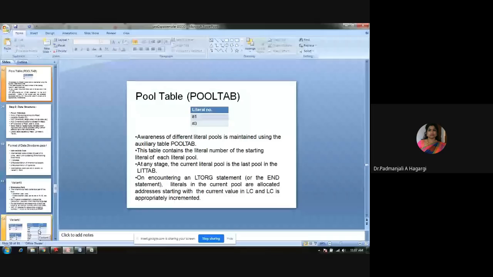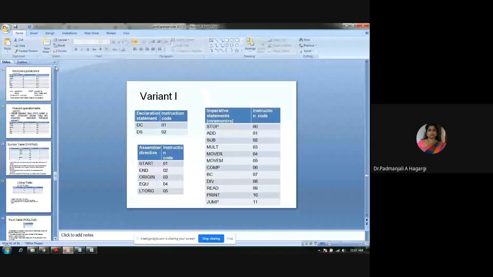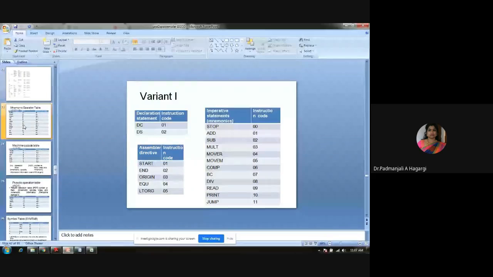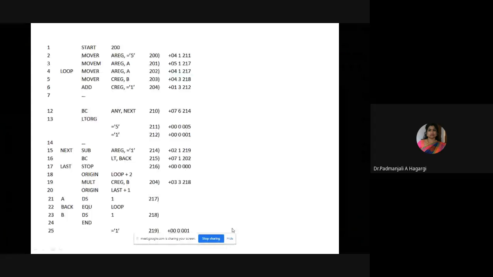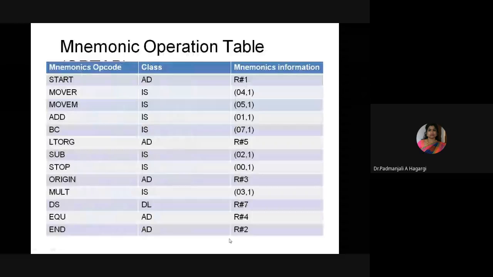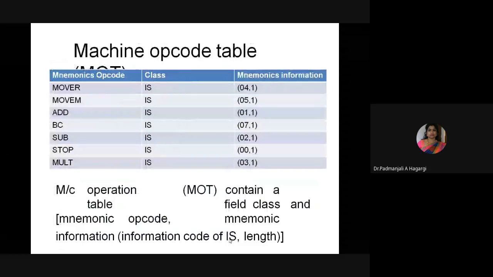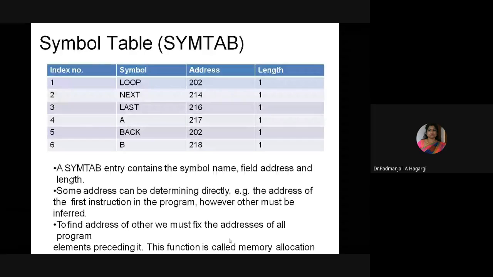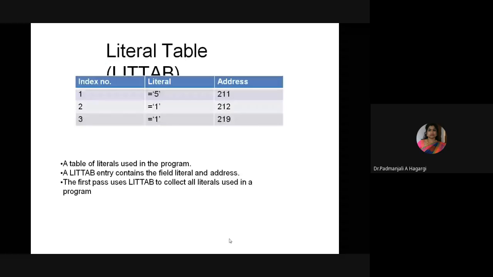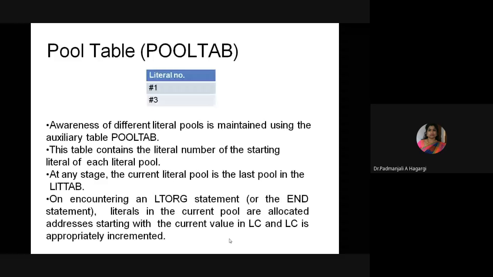So we have seen five different tables. This is how, for this program, we have seen the five data structures. That is the mnemonic operation code table, the pseudo operation table, the symbol table, and also the literal table and the pool table. So all these five tables are used for generating